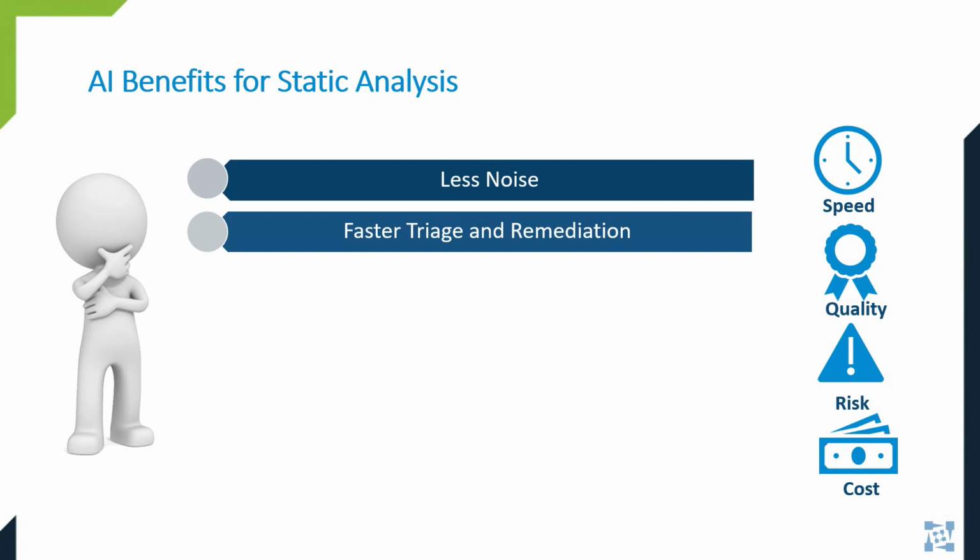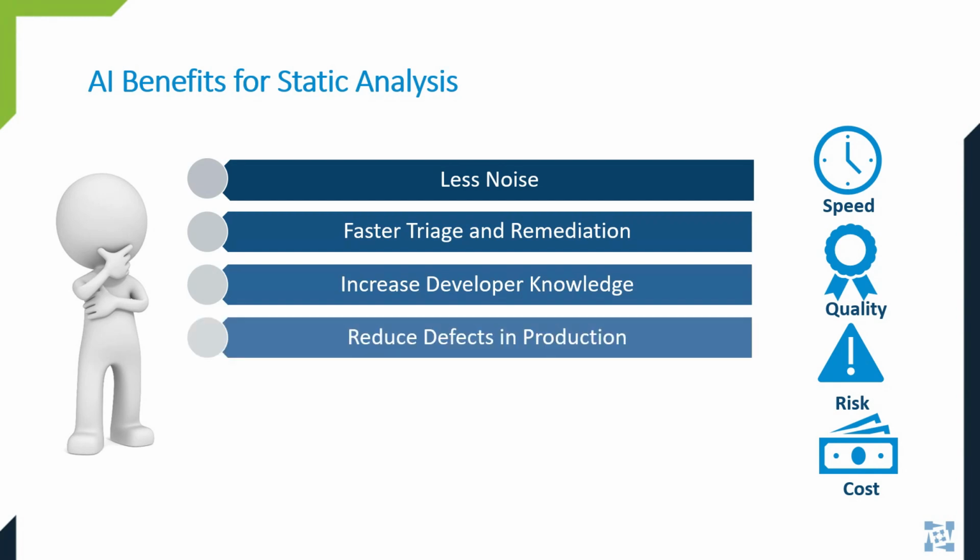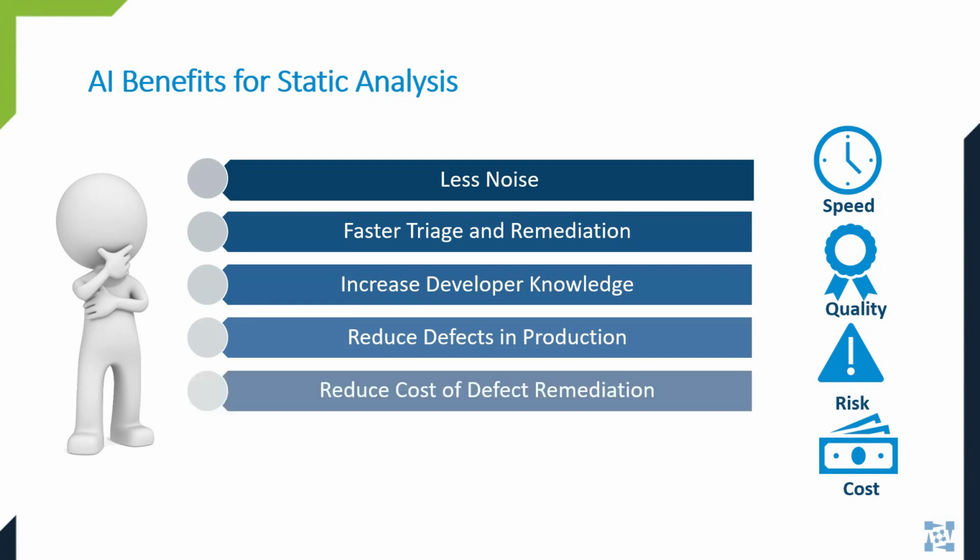Generative AI, as you just saw, helps developers quickly fix the code to be in alignment with that rule. And as an added benefit, it helps the developer to hone their skills and understanding of how to fix industry-specific or security-specific code violations. It leads to faster remediation, which means more remediation in the early stages of development and fewer defects in production. Fewer defects in production means less disruption to the developers to find and fix bugs found by QA. And when bugs are found in the later stages of development and production,